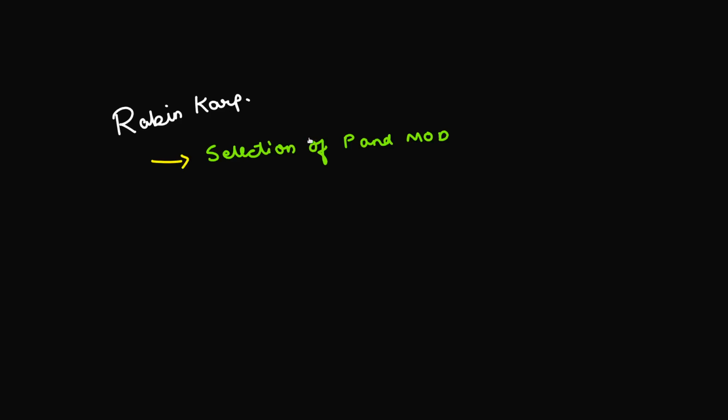The reason being that you might find some pair of p and mod for which your solution gets accepted, but for some other pairs your solution might not get accepted. The reason is hash collisions, because each different pair of p and mod is going to give you a different hash of the strings, and each of them is differently prone to collisions as well. So coming up with a good pair of p and mod is a challenge, and we'll see what we can do in order to avoid this. Of course, this is something that can never be fully avoided. You can always design a test case for which there will be some hash collision, but we'll use some techniques with which we can minimize these hash collisions, and we'll see that when we jump to the code section.